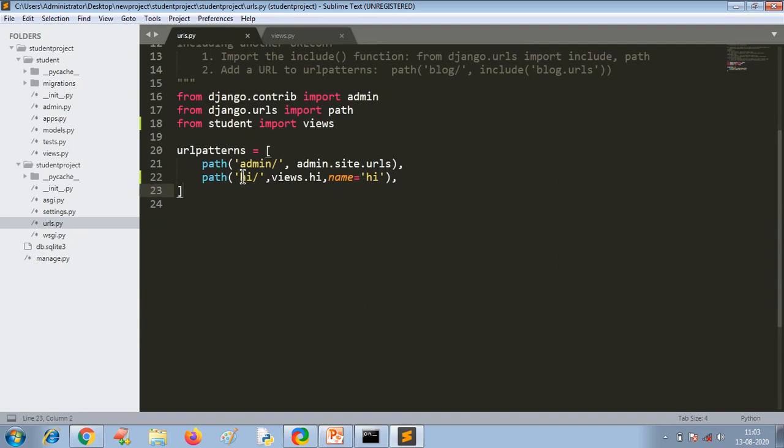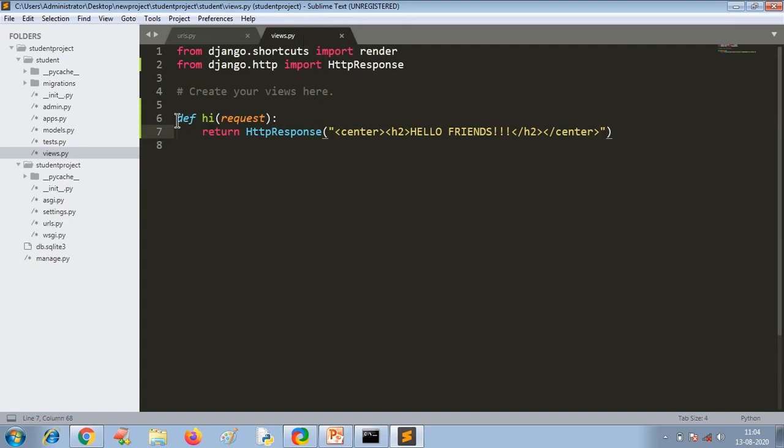Whenever hi is accessed, what action needs to be taken? That is specified in this method. And hi is a method which is defined in the views file. So you go to the views file and you need to define that method here. That is where the business logic is written. As I have already told you in the beginning, views deal with the business logic, right?